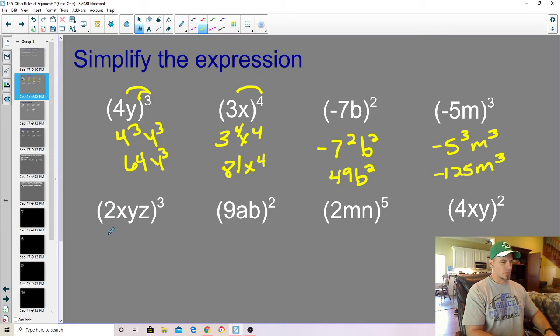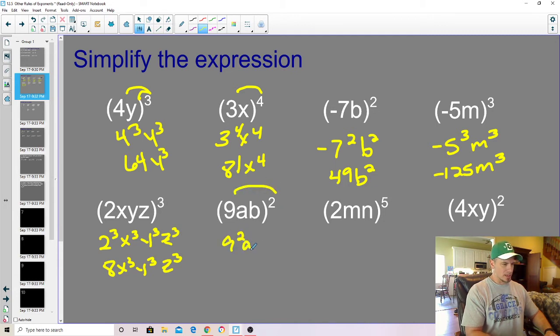Okay, here, distribute the 3. You get 2 to the third, x to the third, y to the third, and z to the third. 2 to the third gives me 8. That's x3, y3, z3. Okay, distribute the exponent here. You get 9 squared, a squared, b squared. 9 squared becomes 81, and that's a squared, b squared. Okay, here we have 2 distribute, 2 to the fifth, m to the fifth, n to the fifth. Okay, 2 to the fifth I think is 32,